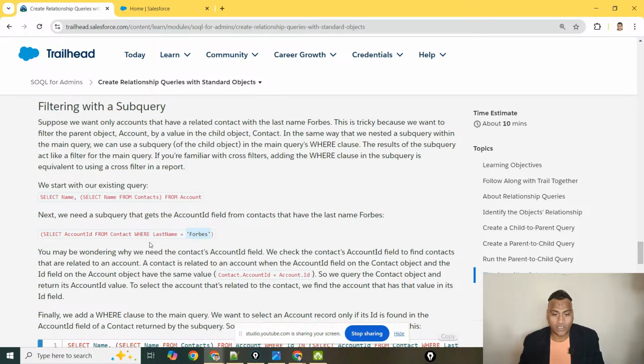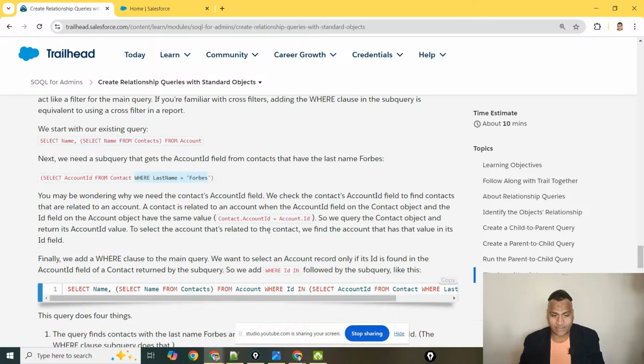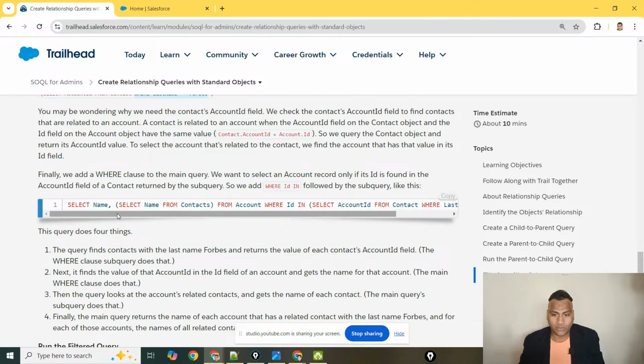Good. Here I am making the query on the child object to fetch the parent ID, just the ID. I can get that much, or you can use dot notation. Then the filtering criteria matches the contacts' last name. Here also, something beautiful: select name, select some fields from the children, contacts or Contacts__r, from the parent object. So you are making a query on the parent object where ID